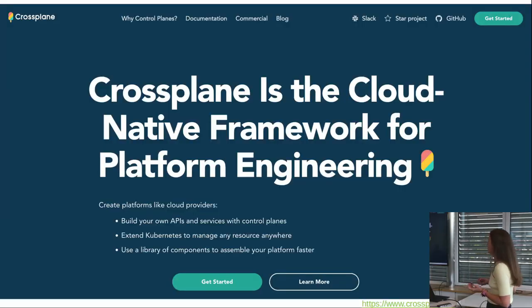Okay, let's continue. Who knows Crossplane? Has heard about it? Good. Who has actually worked with it? A bit less, but also good. See, Crossplane has been gaining some traction for a while already, and for a good reason. It's a very, very powerful tool that helps you to configure cloud-native software. And it does exactly that.